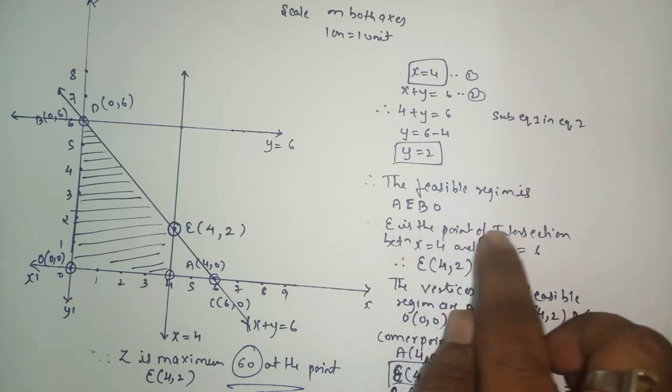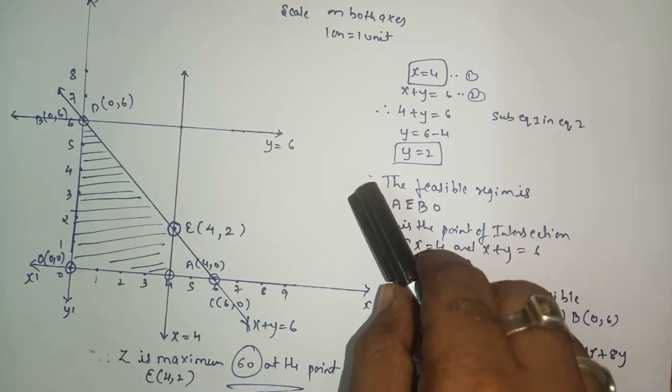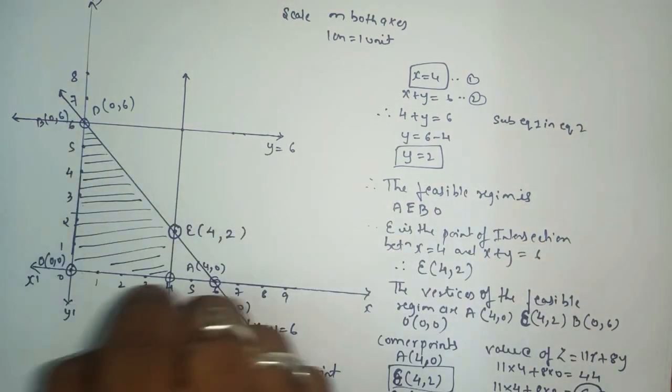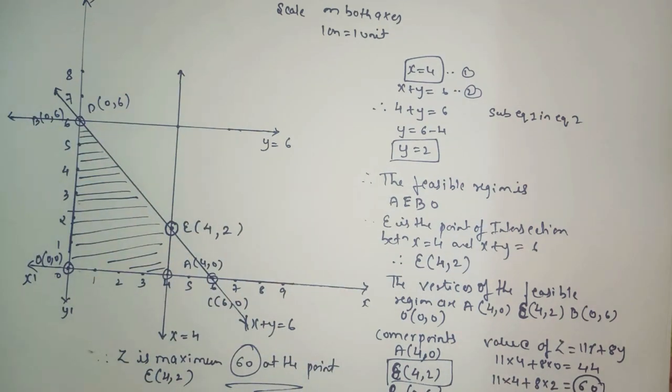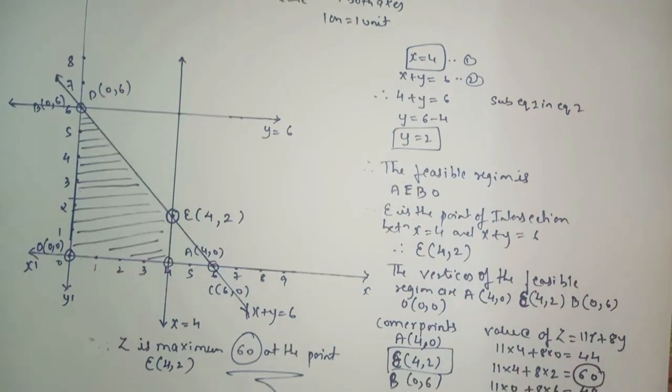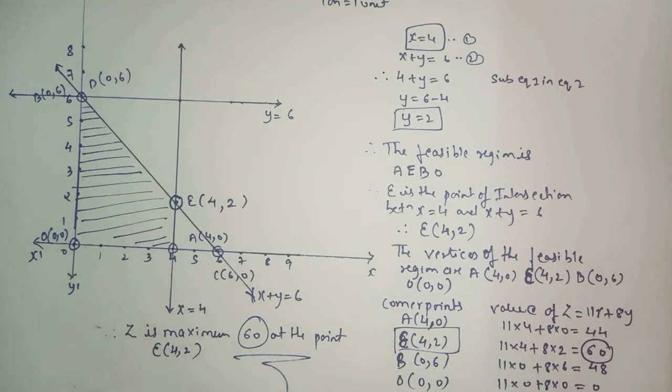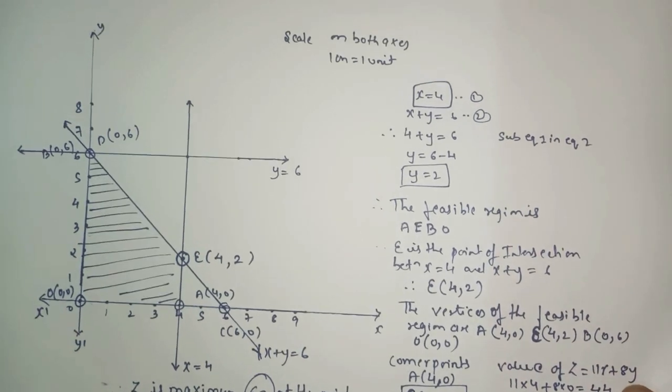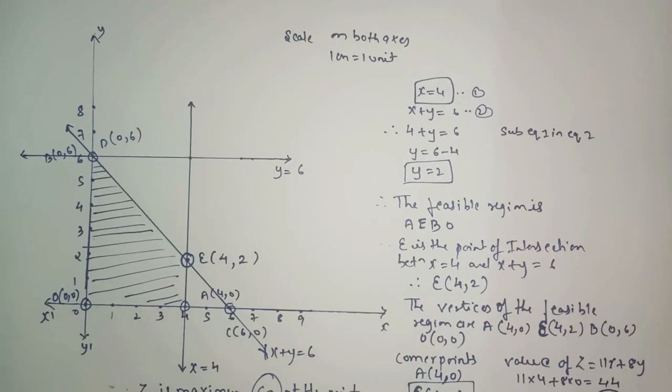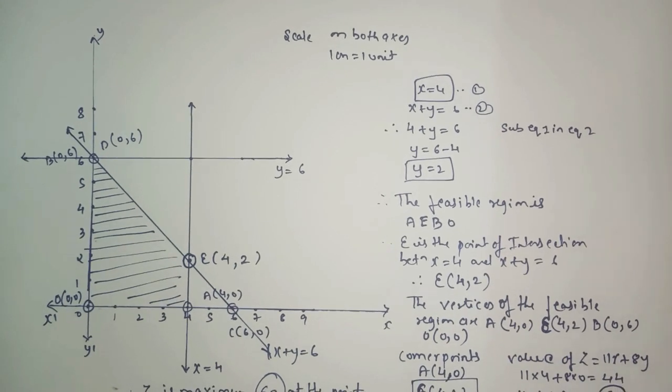Then after that you will write the feasible part, where you will get 1 mark for showing where our feasible region lies, and then the final step, the corner points and the value of Z. Now we'll take one more sum based on this type. In the next sum we'll deal with greater than equal to, where you will see there will be two or more linear inequations containing the same symbol, that is greater than equal to.